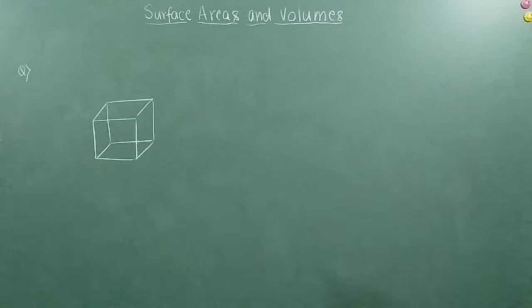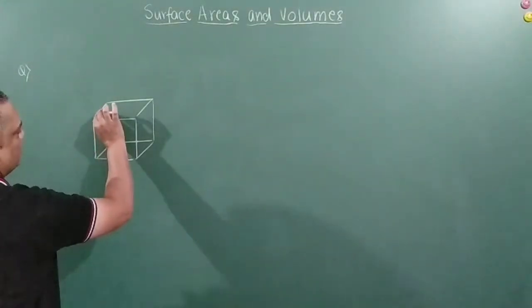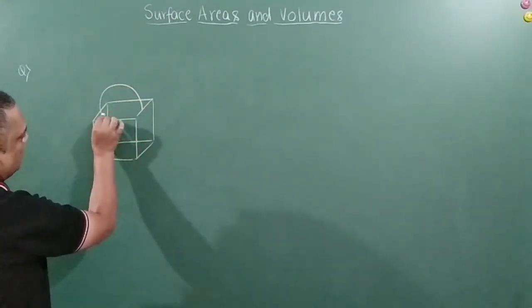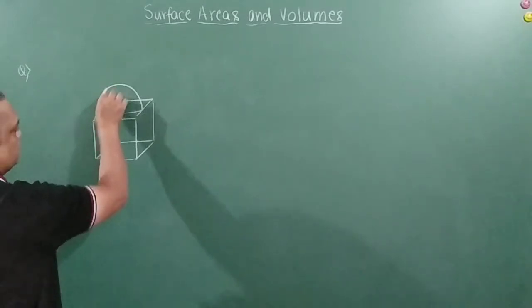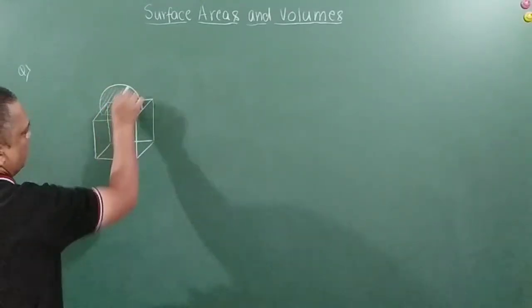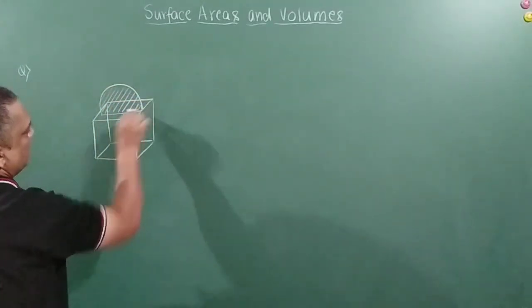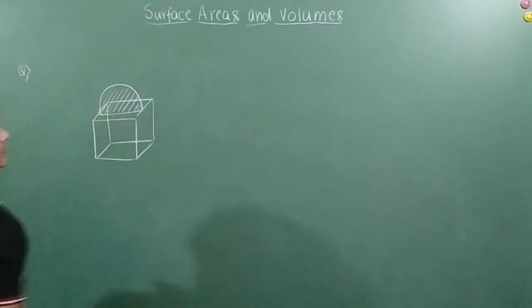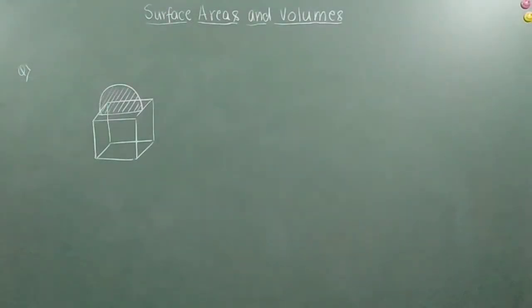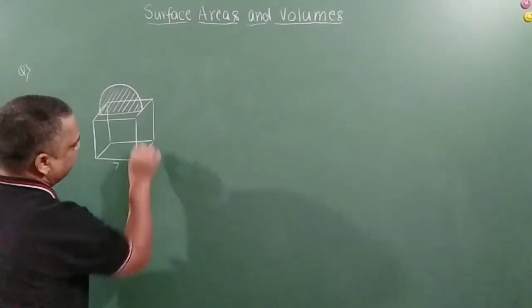Now there is a hemisphere mounted on this, right? So let's mount. I have mounted a hemisphere on this, along its width, correct? Like this, length. So they are asking what is the greatest diameter of the hemisphere that can be mounted on a block of side 7. So 7, 7 and 7.